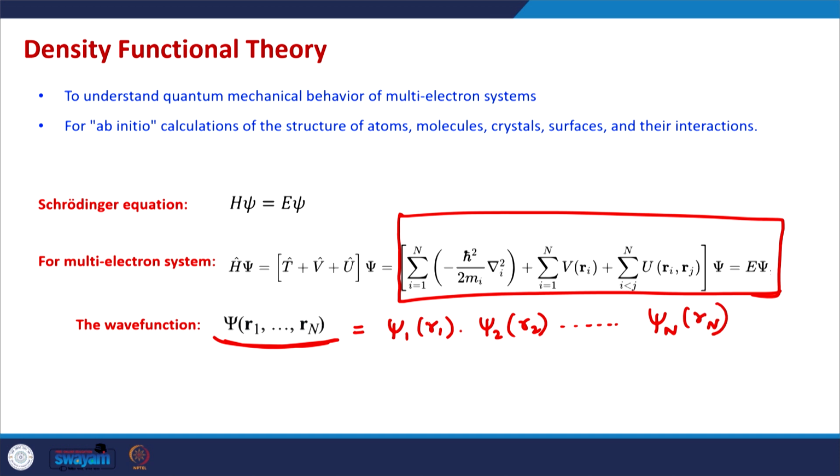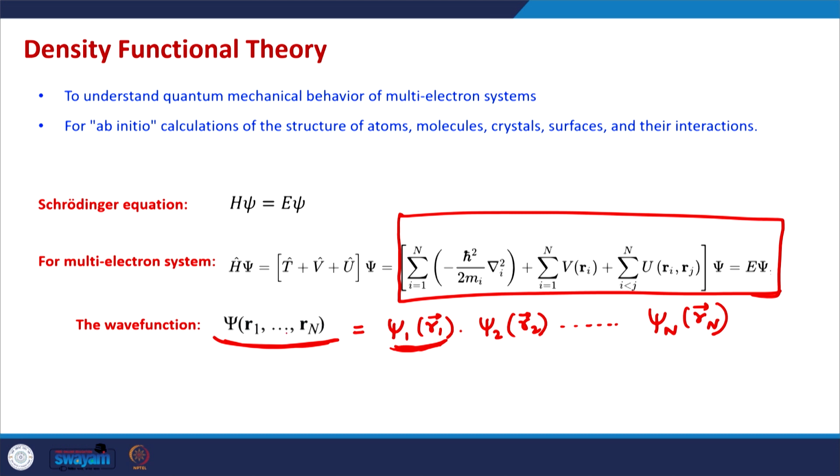And if you have a careful look, each of these wave functions, so this psi 1, psi 2, psi n, are the wave functions of the first electron, second electron and nth electron. And each of these psi is a function of three variables, three space variables. If we are just considering the space dimension, we are not considering the time evolution at the moment.